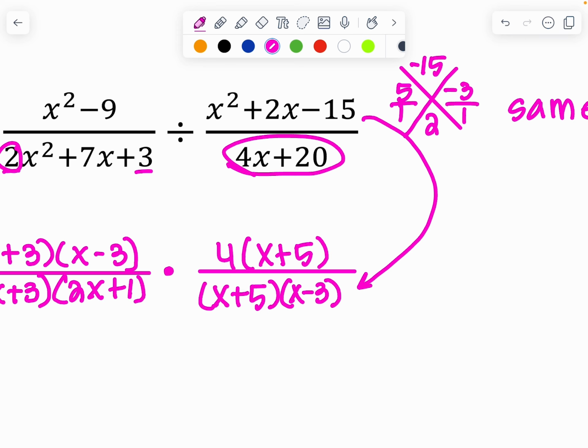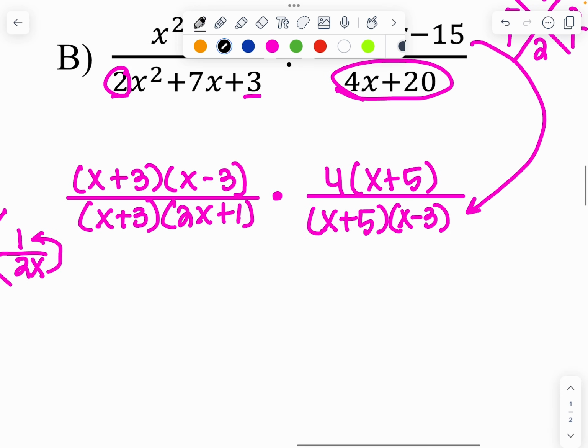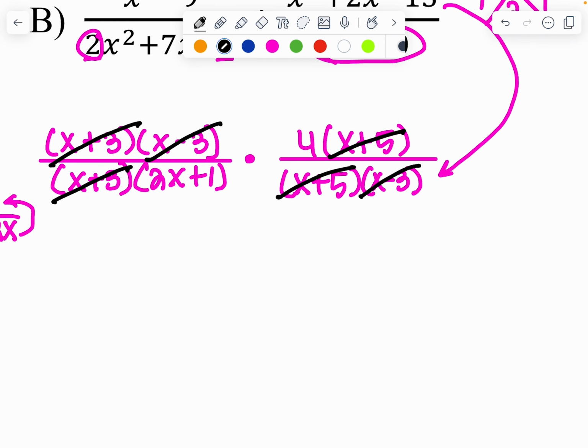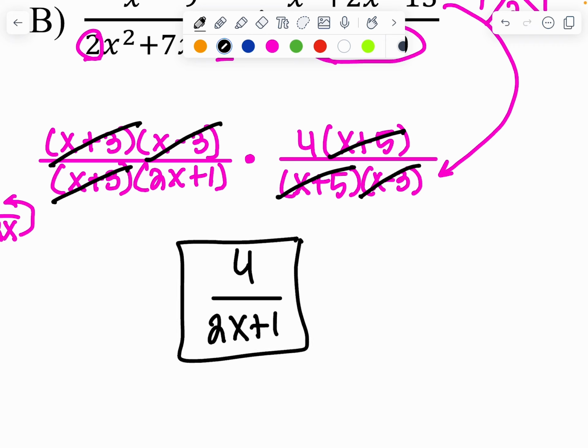All right, so now we're going to look to simplify this. We're looking for common factors. X plus 5 and x plus 5. X minus 3 and x minus 3. Oh, x plus 3 and x plus 3. And that's it. So we're going to write what we have as our final answer: 4 over 2x plus 1. Oops, and there you go. Okay, once again, you can't go any farther because this is a factor, okay? All right,